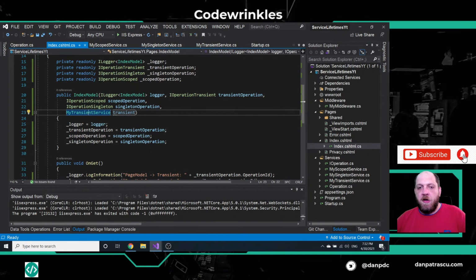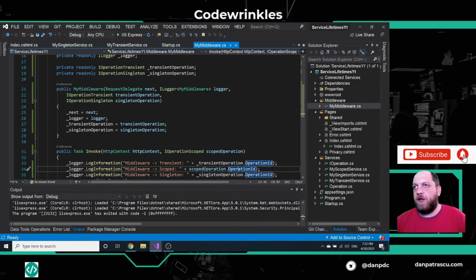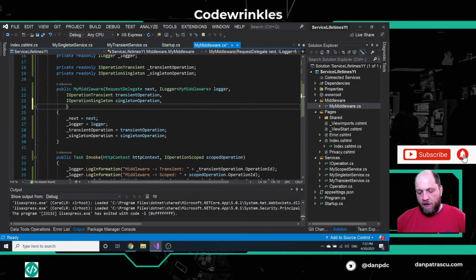So this is why we can actually inject it here in this case. But you would say, oh, but this is working, everything is fine, let's go ahead and use this type of approach. However, this approach is totally wrong from my point of view, and let's show how we can prove that. Let's move to the middleware once again. As said previously, theory is that you can inject singleton and transient services in the middleware constructor. So this is exactly what I want to do. I want my transient service